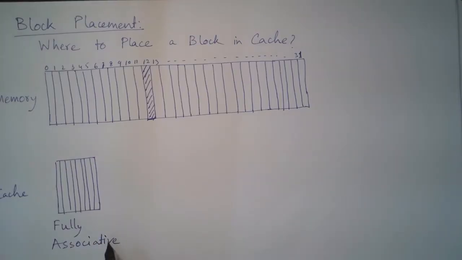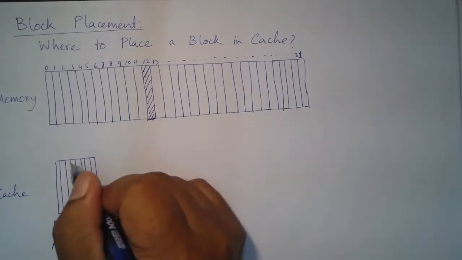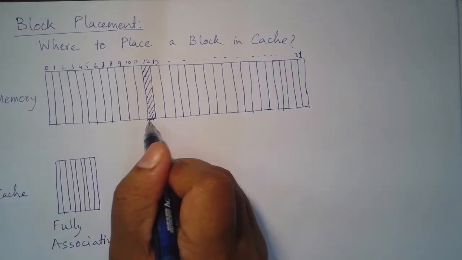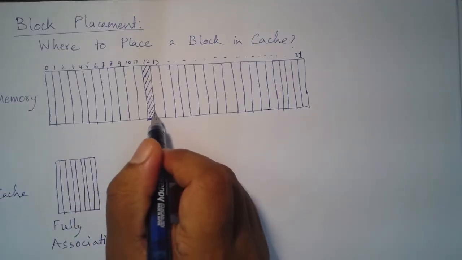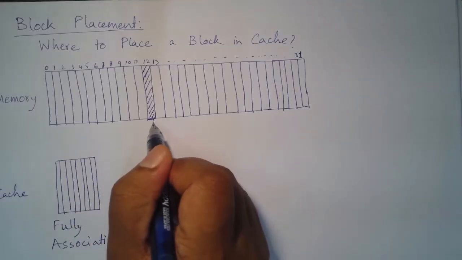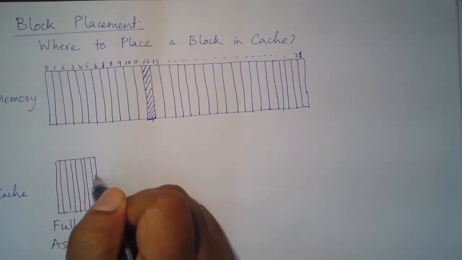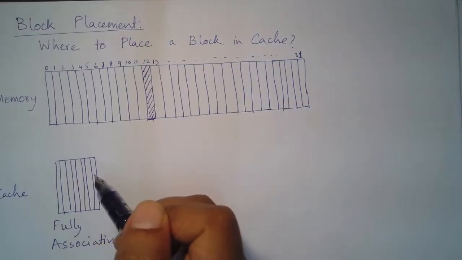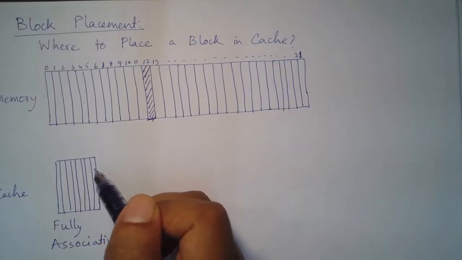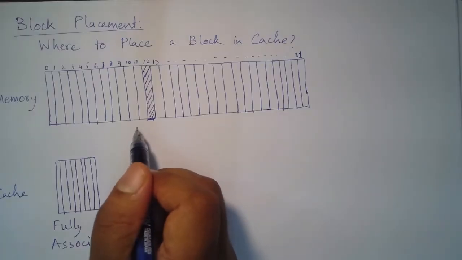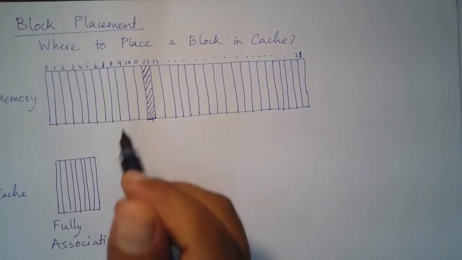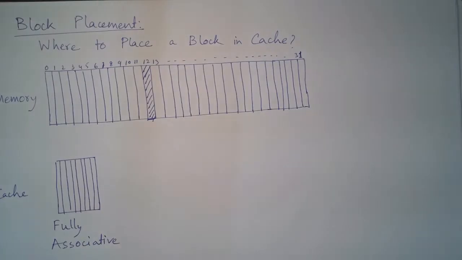So what is fully associative cache? All these blocks are capable of storing this particular block from main memory. So I don't have any restrictions. I can put this block anywhere I would like to put it. So of course this looks like a very intuitive and very good way to place your blocks,